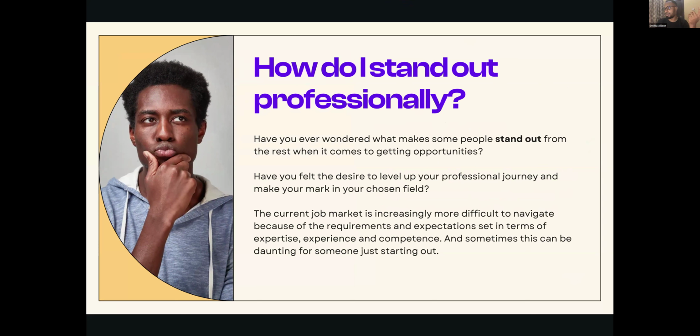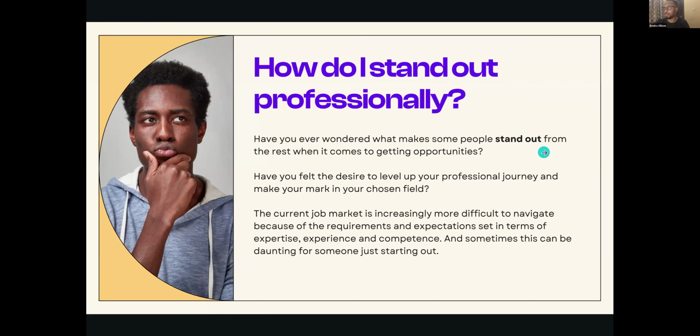Have you felt the desire to level up your professional journey and make a mark in your chosen field? The honeymoon stage for developers and techies is kind of over. I won't say it's harder, but they need people to show more evidence before they are able to hire you.